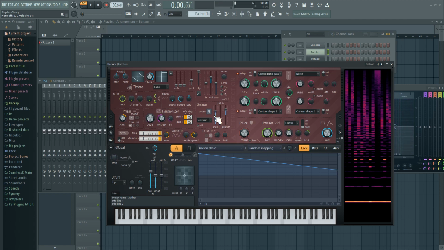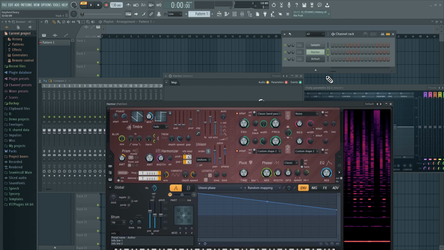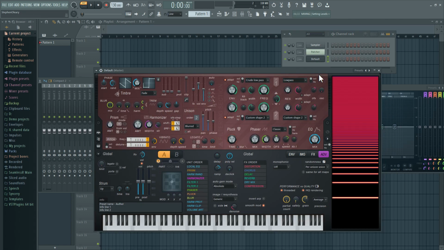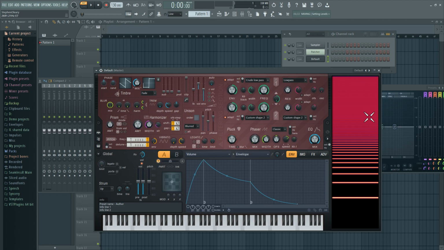I just got to dial it in. Yeah, so then I'm using the noise mode on the resonance. And this is something else I'm going to demonstrate with our test Harmor here, because it is a bit of a specific effect. Pardon my face sounds. All right, so